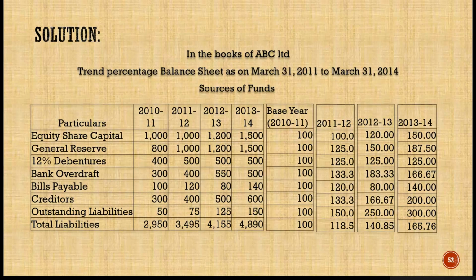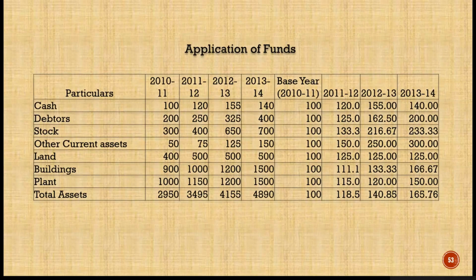So in the same way we have calculated for application of fund, the base year will remain the same, 2010-11. All figures will be converted to 100, and when compared with the base year, you can see the 2012, 13, and 14 data, the trend percentage. And let us look one by one at the components of the application of fund statement. First is cash. It shows an increase till 2013,